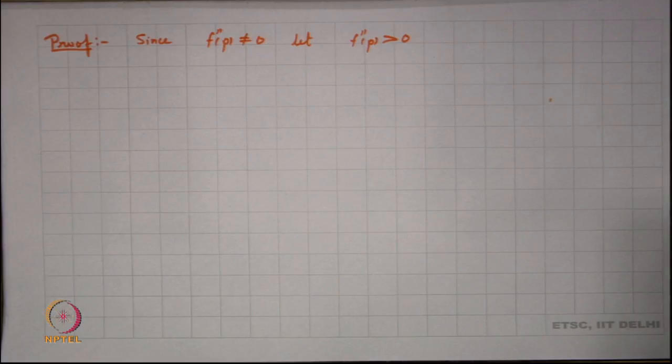Now, what is the meaning of saying that f double prime p is greater than 0? That means that at p, f prime p is increasing, right. So, f prime of x is basically increasing here. So, we find that,